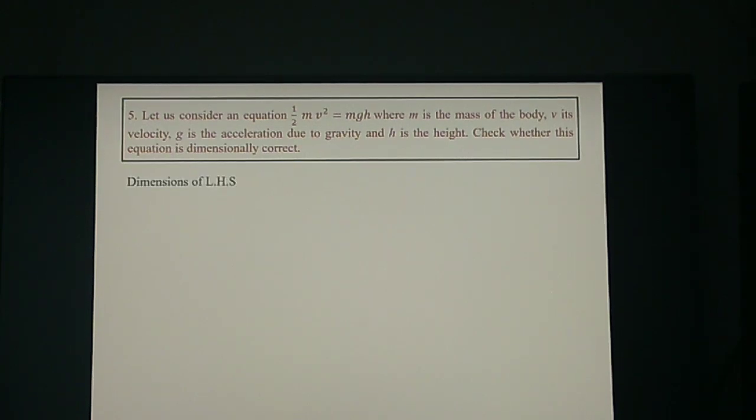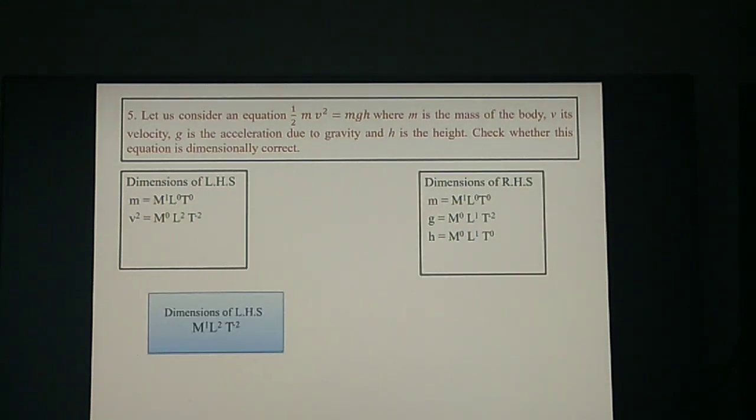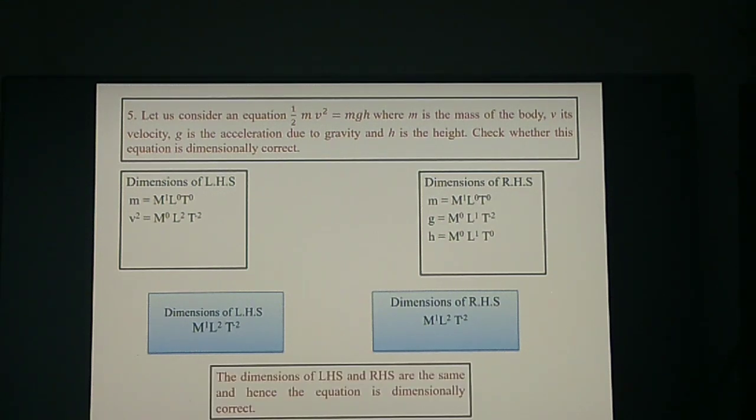So what do you do? You take the LHS, you take the dimensions of mass, you take the dimensions of velocity, but it is squared. So meter per second becomes meter square per second square, isn't it? Now we go for RHS, dimensions of mass, dimensions of gravitational acceleration, that is meter per second square, okay, and then h, which is height, which is again meter. And now we compare the dimensions of LHS and RHS, and we come to the conclusion that this equation is